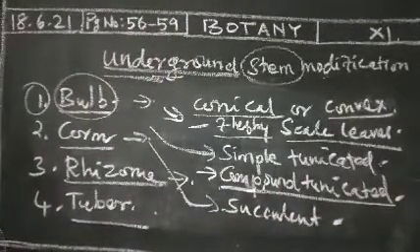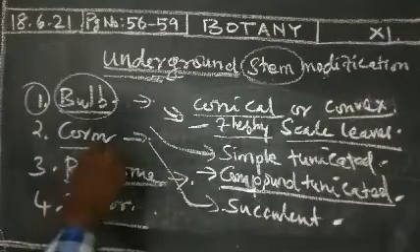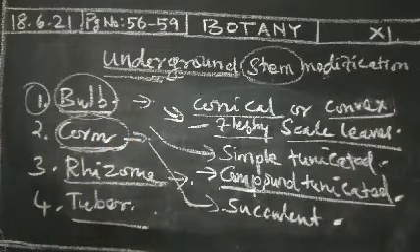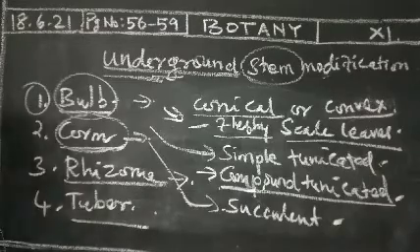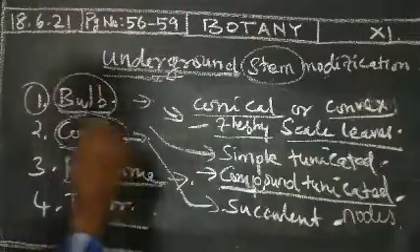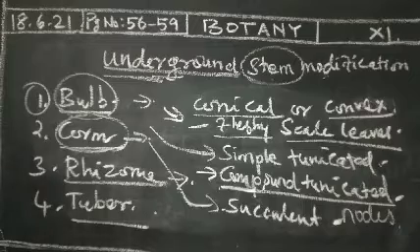Underground stem, an erect growing corm is surrounded by scale leaves and exhibits nodes and internodes. That is called a corm: a succulent and erect growing underground stem surrounded by scale leaves. It will exhibit nodes and internodes. Nodes and internodes are both present in this corm region. Examples: yam, Amorphophallus, Colocasia, Colchicum. These are good examples for corm.